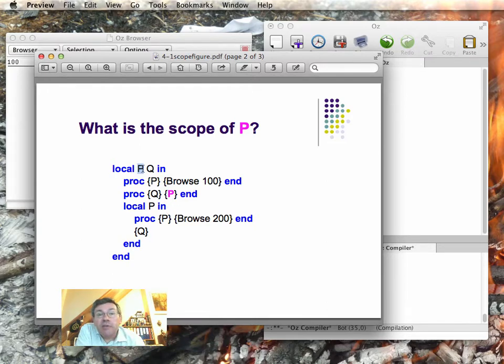Well, it starts with the declaration. It actually goes up to the declaration of the other P, but since the other one is masking the first one, it doesn't go farther. And then it also has this little bit between the two ends. So if I make a diagram of that, this purple area here, which consists of two parts, is the scope